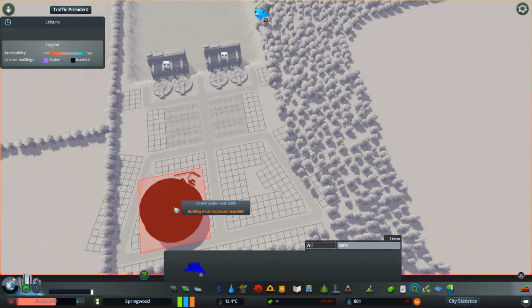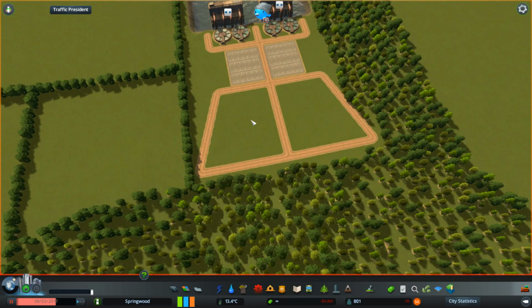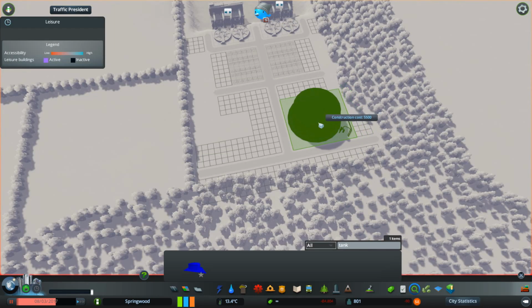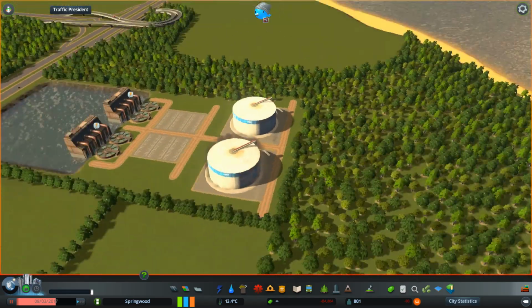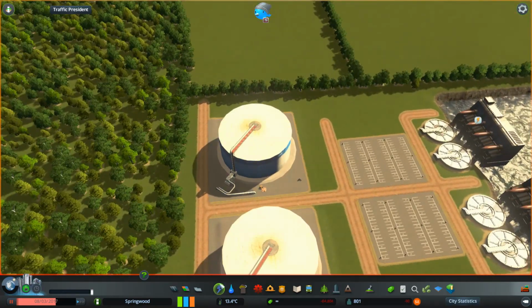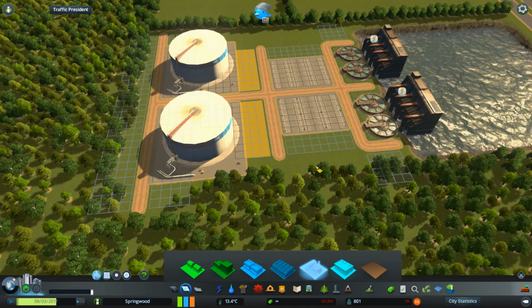These are quite large. And darn it, they're not going to fit in the spaces that I've made. Okay, let's remove those. I wanted these tanks up the ends here. There we go. Yes. That's perfect. That looks just like the sort of thing you would see in an industrial place. And let's add... If we add industry here and here...